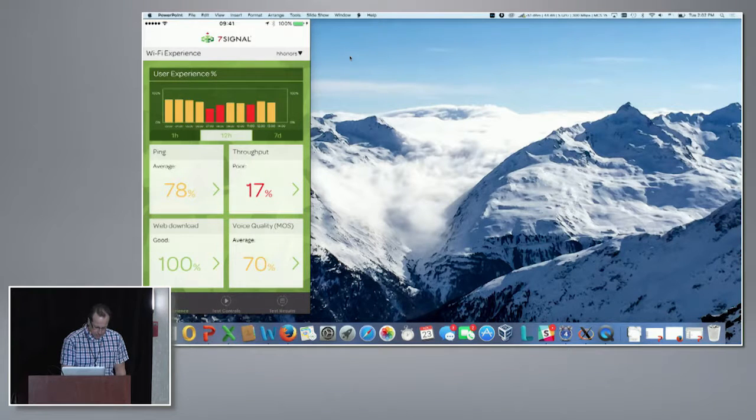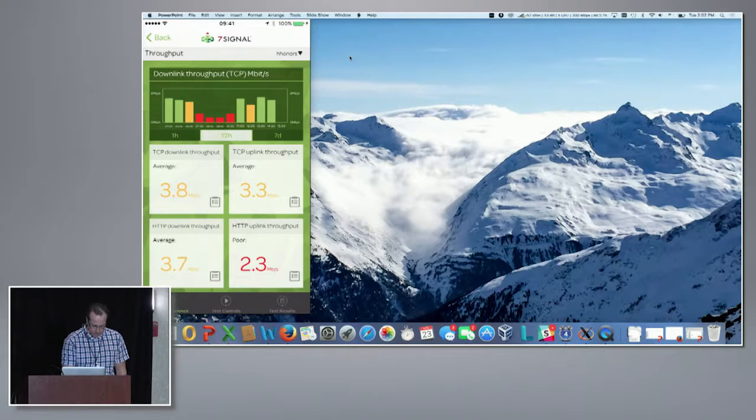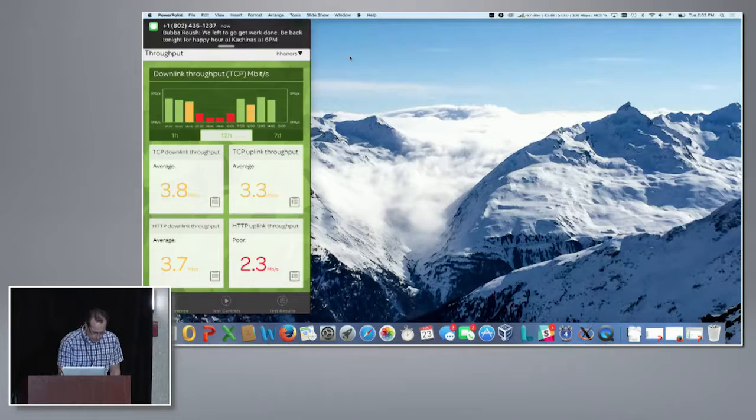Then I can go into the throughput by selecting the throughput, and then I get to see the throughputs. And I'm selecting TCP downlink throughput. This is how the